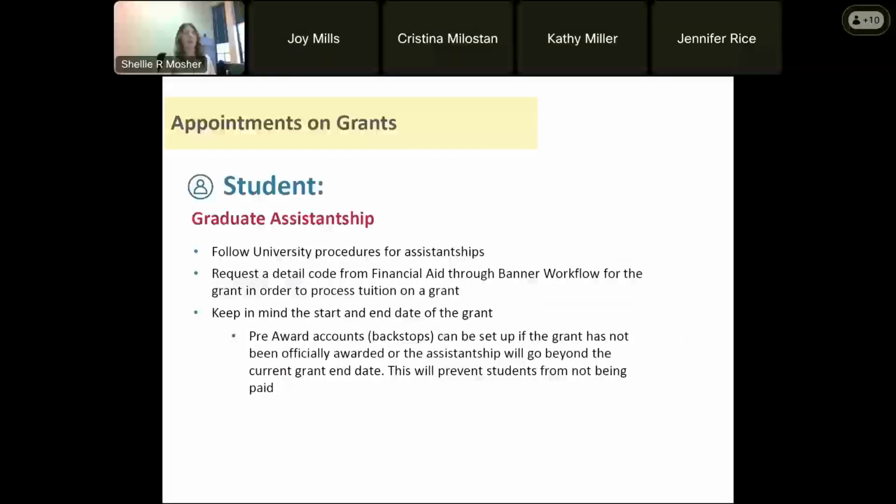All right, going on to students, graduate assistantships. You'll want to follow the university procedures for assistantships by working with the graduate college and what other requirements you might have within your colleges. You'll want to make sure you request a detail code from financial aid through the Banner workflow, so that once